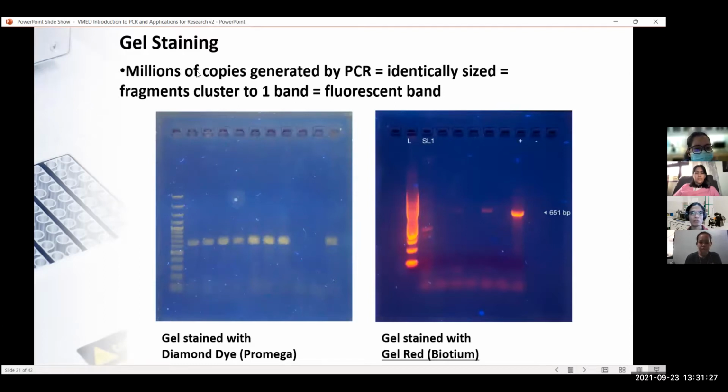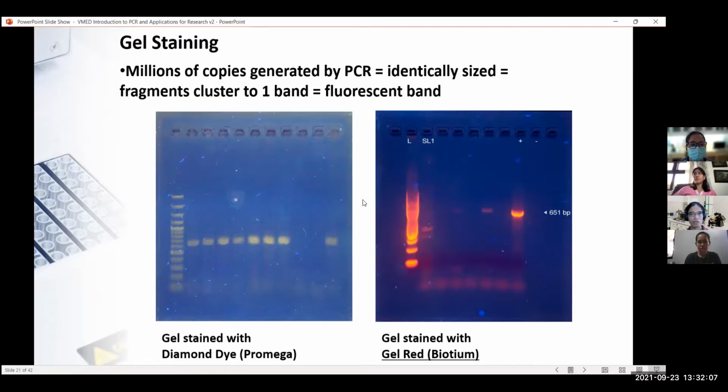In gel staining, millions of copies of DNA that are generated by PCR, which are identically sized, will cluster to one band, because they are the same size. And it will fluoresce. For example, there are a lot of dyes out there. If you use diamond dye from Promega, it will fluoresce green under UV light. If you use gel red, for example, from Biotium, you will get a red fluorescence. And if you use ethidium bromide, you will also get